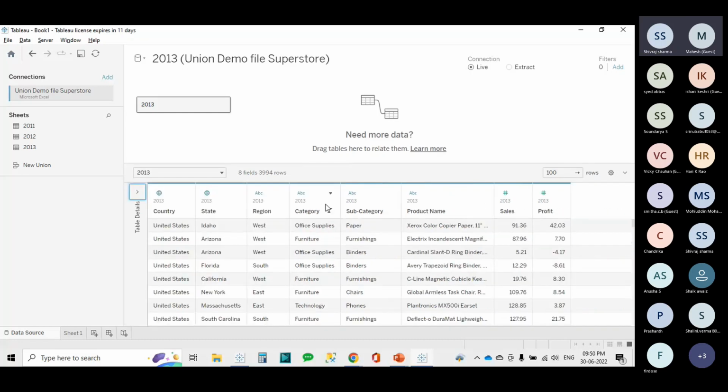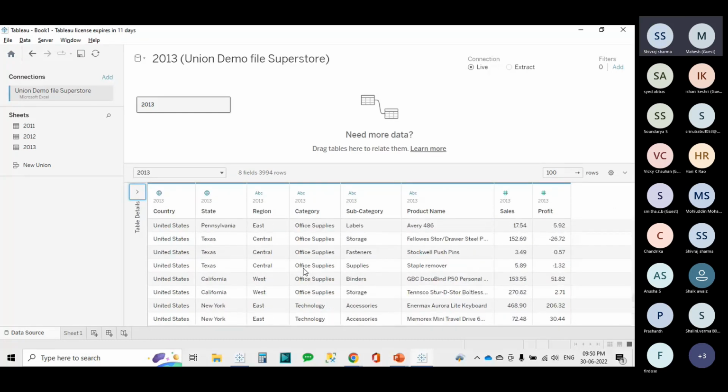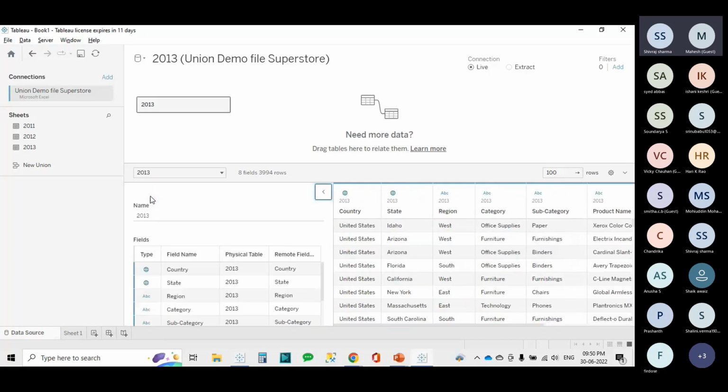Now we want to join one more file into it. As we do in joins, as in full join, in full join what you do is connect or merge 2 different tables into a single table. So the same thing is done in union, but using more filters and more relationships. So how will you do the function for the union? You have one table with you over here, named 2013. Now what will you do? Just drag and drop